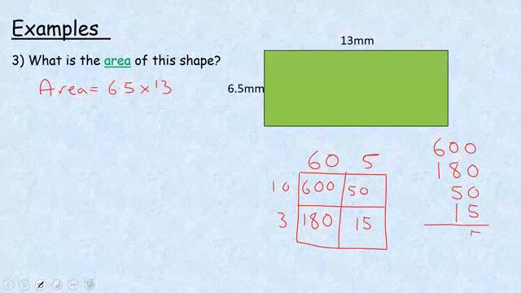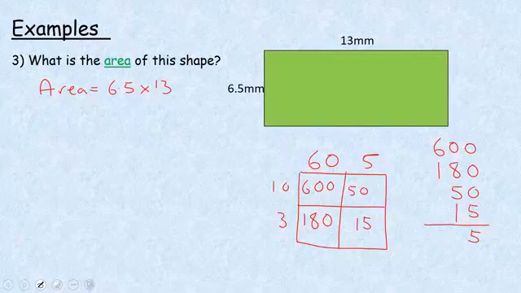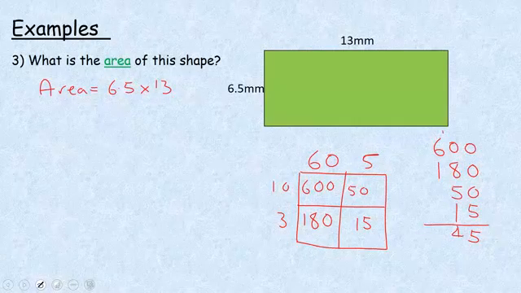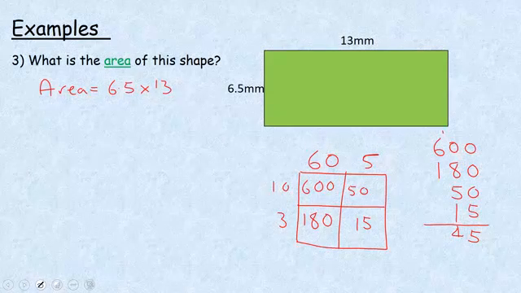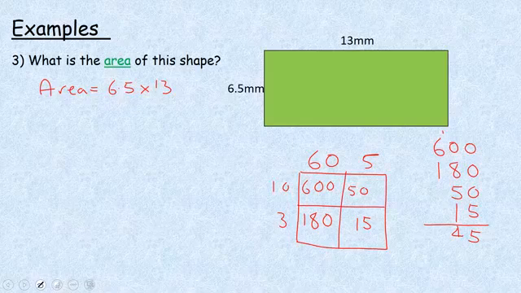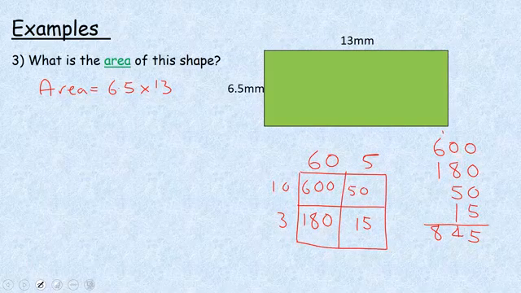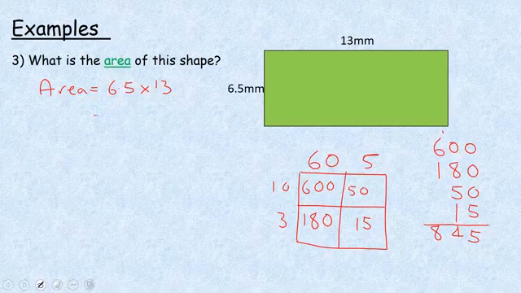Okay, so I've got 5 there. And 1 plus 5 is 6. Plus 8 is 14. So I've got 4, and I'm going to carry that 1. So I've got 1 plus 6 is 7. And that other one there is 8. Okay, so I've got an answer of